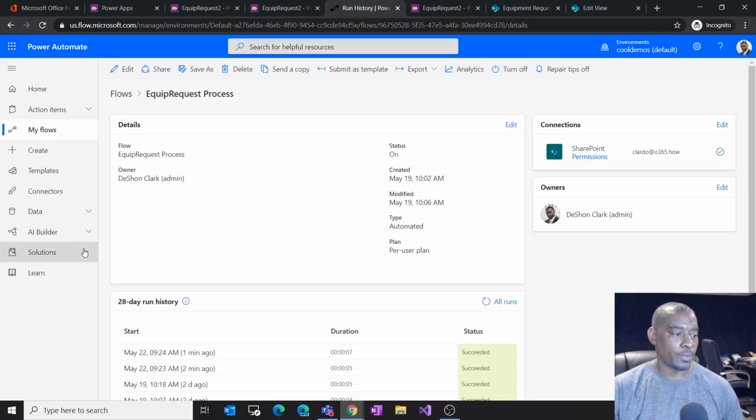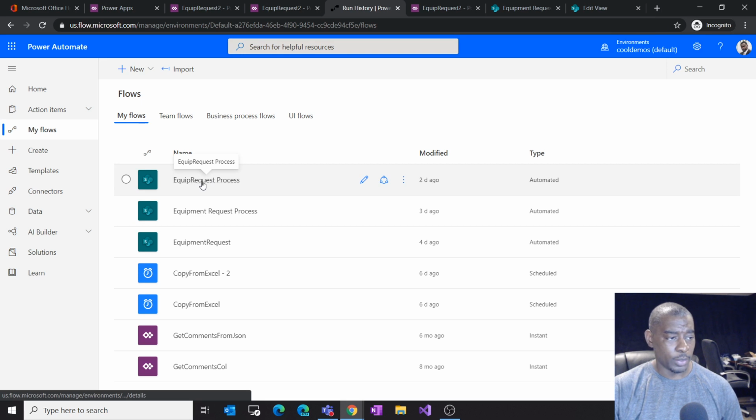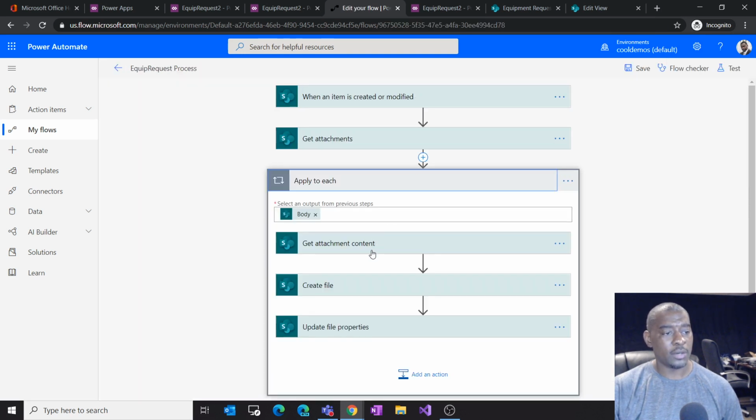Let's go back to our Power Automate. And this is going to be our guy, the equipment request process. So let's go ahead and edit this. There's two things we need to do. So we saw that when we wanted to add those images, we had